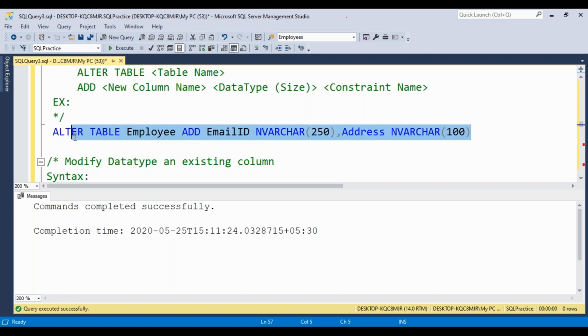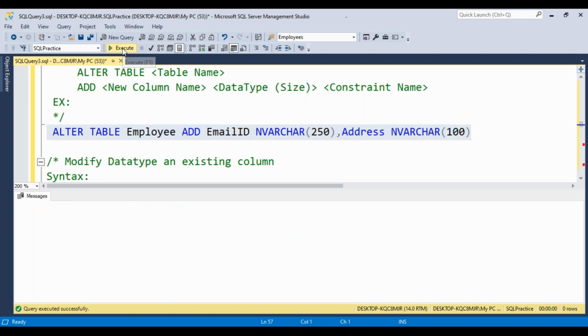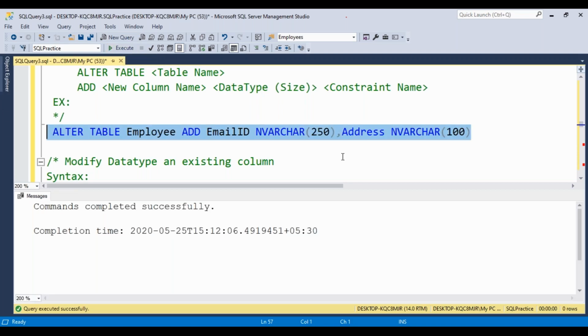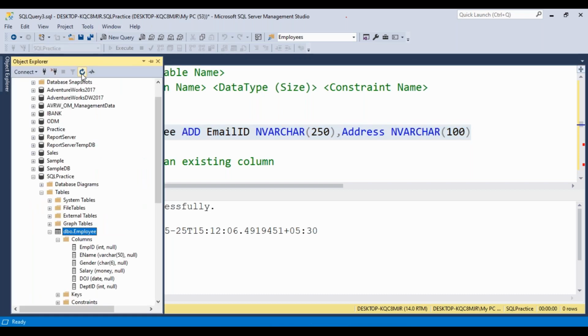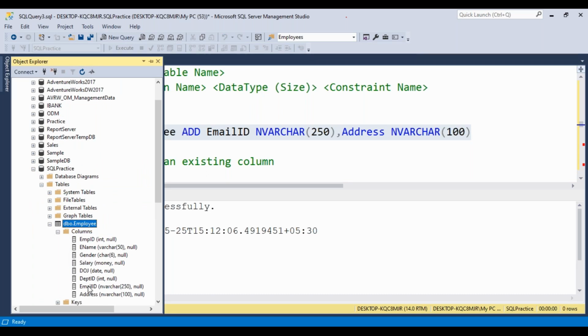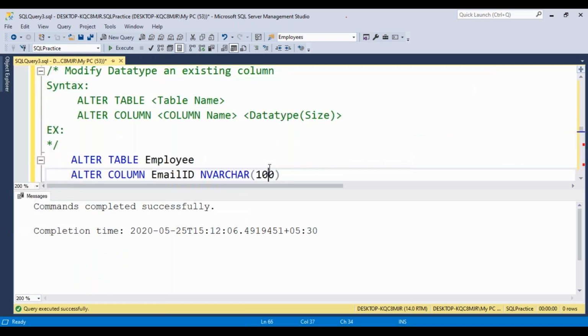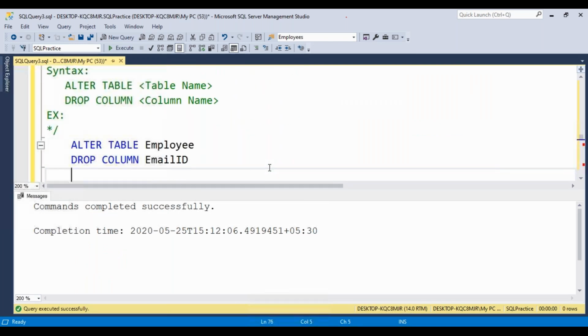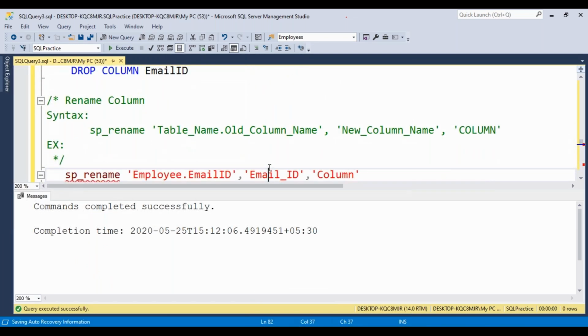Here two columns I am trying to add at a time, more than one column separated by comma. So again, you can refresh the employee table. You can see in columns, email ID and address have been added again into the existing table. Clear?